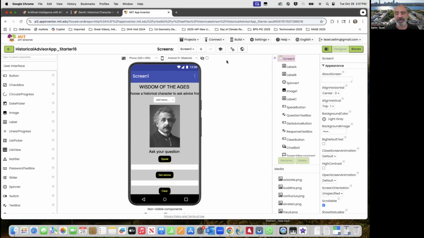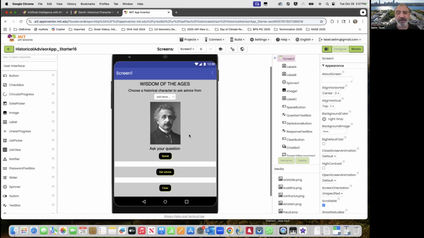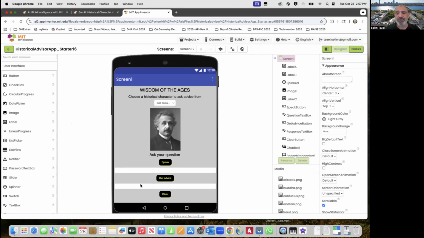Okay. Now, because we need a lot of real estate, I'm going to quickly hide the tutorial so we have as large a working environment as possible. And I want to quickly show you that in the starter file, and let me make this tablet size. I think this will be a little bit better. The user interface in this app has already been built for you. It has all these user interface items.